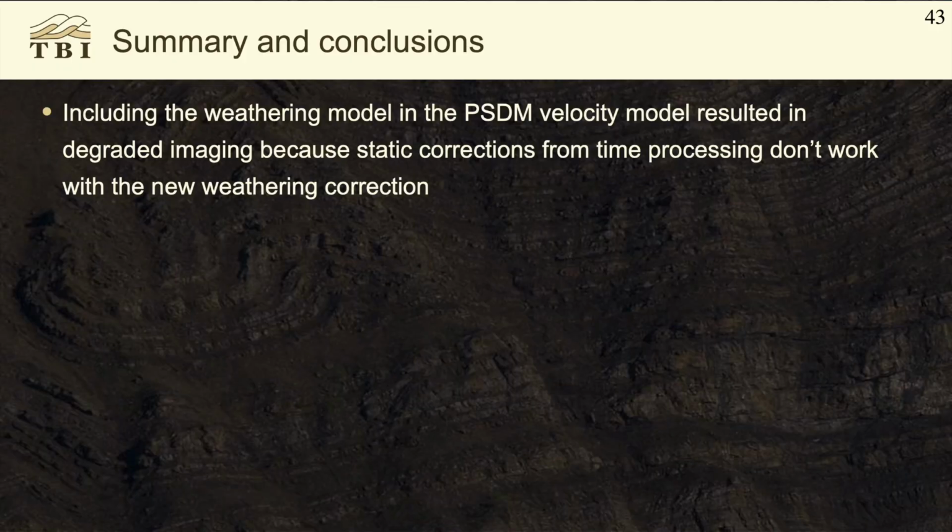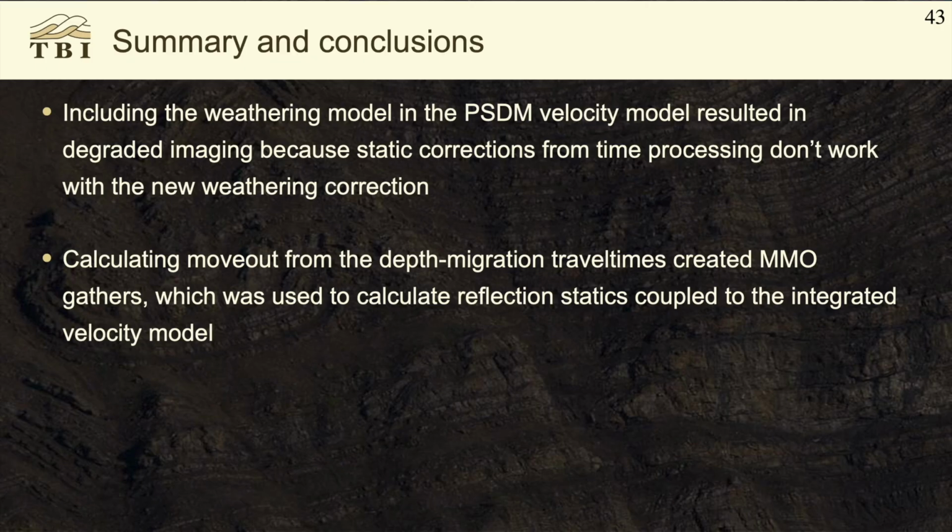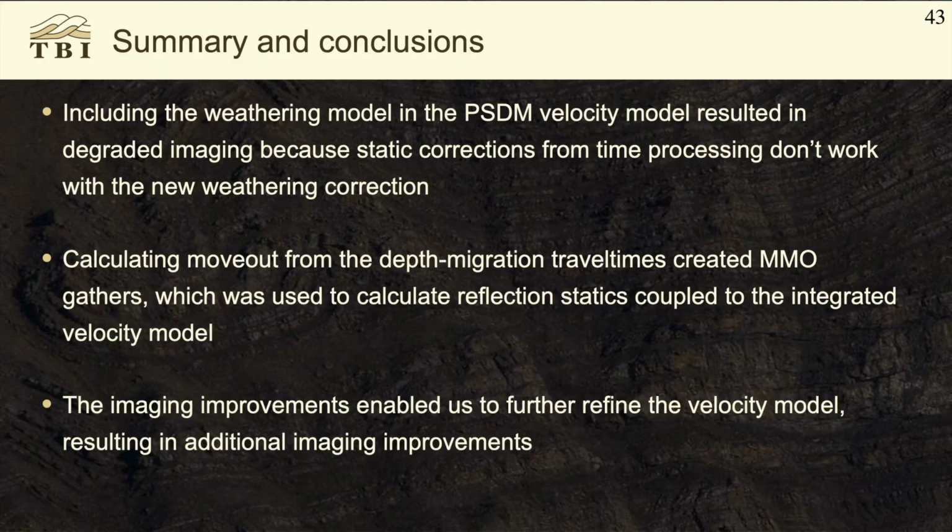So in summary, including the weathering model into the PSDM velocity model resulted in degraded imaging because static corrections from the time processing don't work with our new weathering correction. Calculating move-out from depth migration travel times created MMO gathers, which we use to calculate reflection statics coupled to the integrated velocity model. So our workflow is now fully integrated to our depth migration. The imaging improvements from this new workflow allowed us to further refine our velocity model, resulting in additional imaging